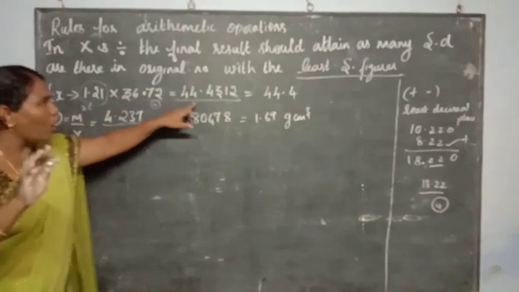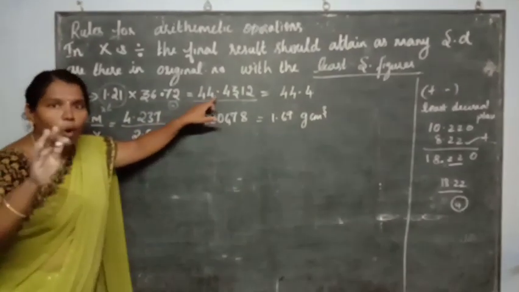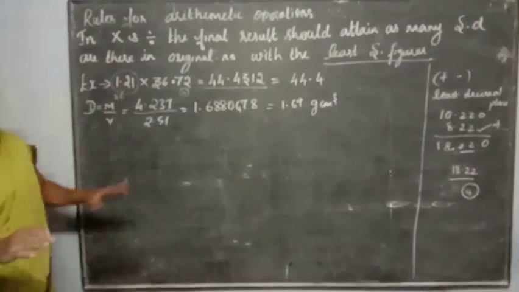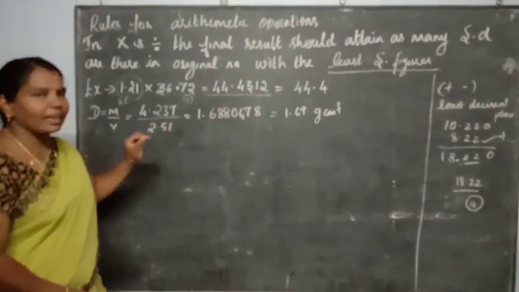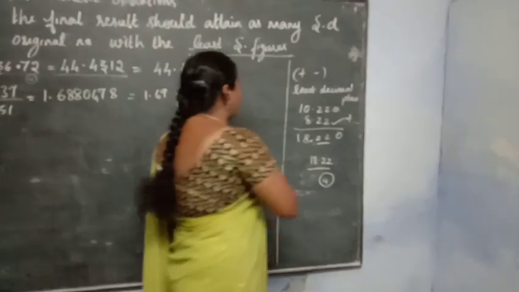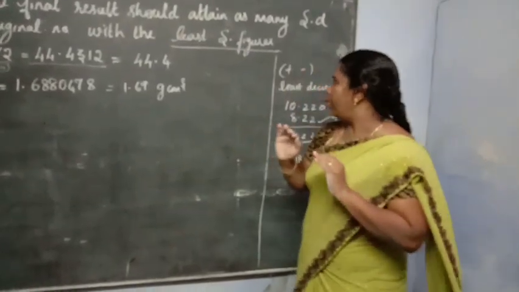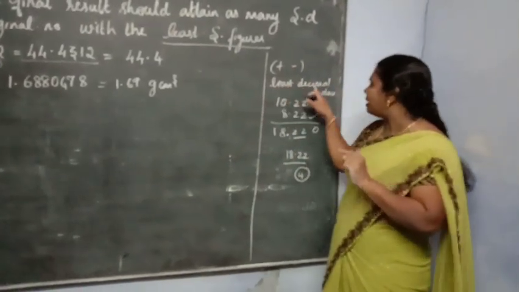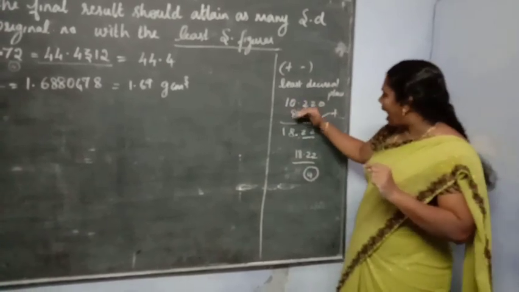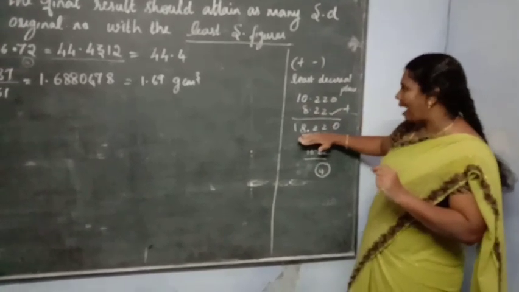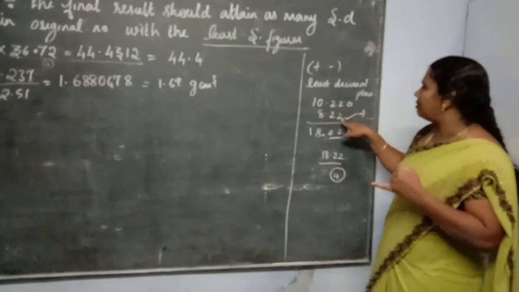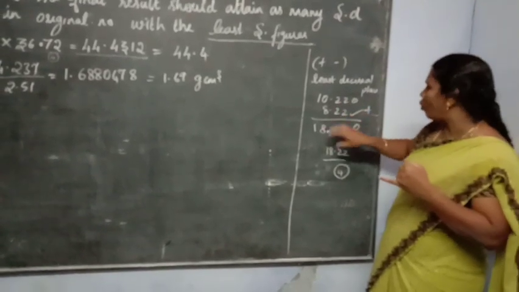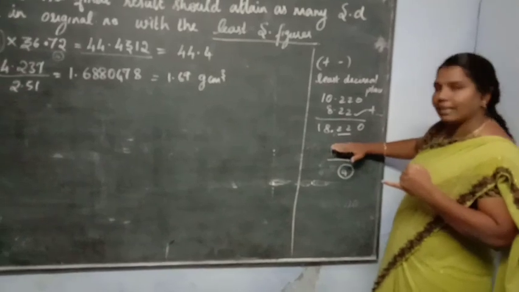Therefore, the decimal also. Therefore, the resulting value also must follow these 3 significant digits only. Okay. See here, in addition and subtraction, keep it in your mind, students. In addition and subtraction, it is the least decimal places. See, when you are adding these two values, you get some answer. In addition, count the digits after the decimal, and the answer depends on that.